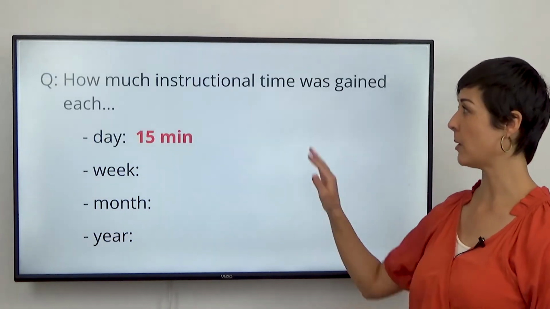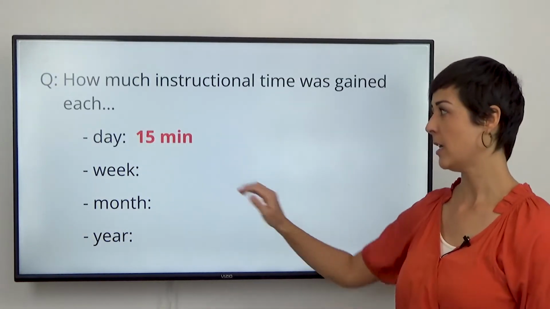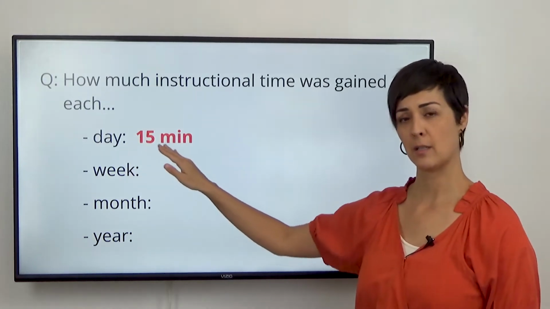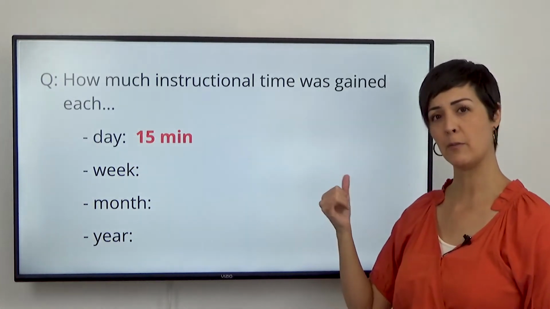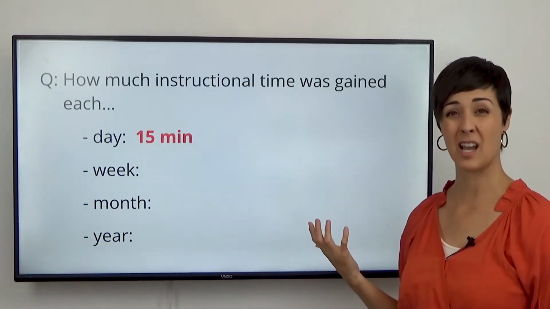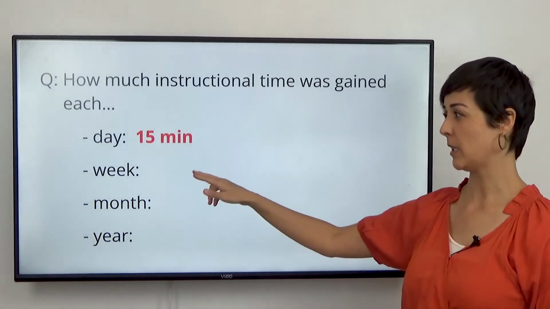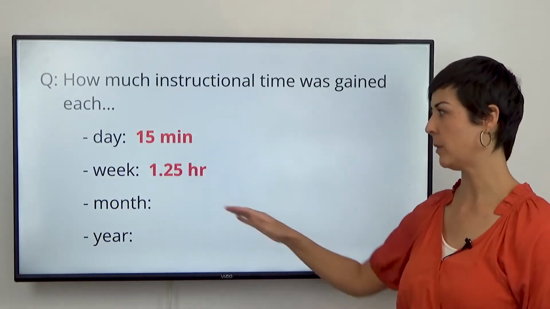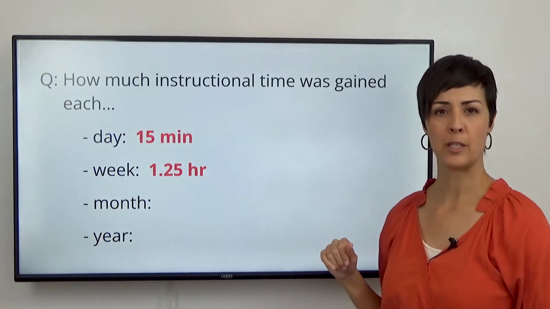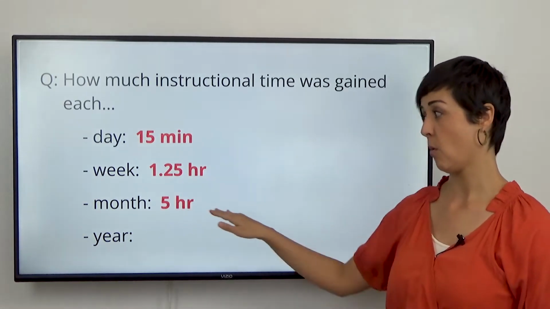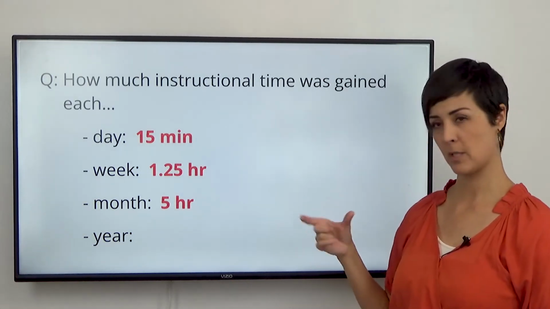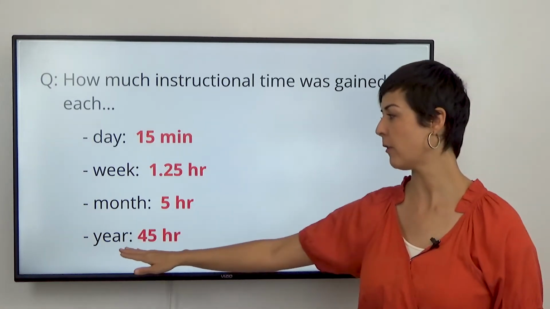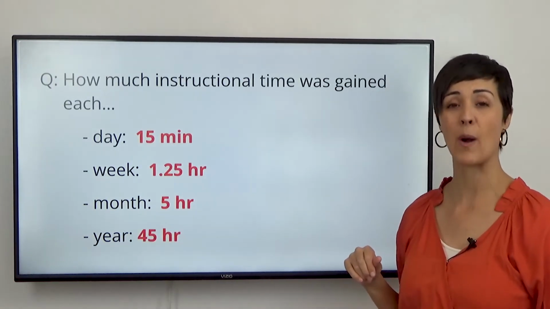I mean, if we look at how much instructional time is being saved each day from 2 minutes to 17, that's a 15-minute savings in time, right? So how many minutes is that per week or hours? It would be an hour and 15 minutes every week, or 5 hours a month, or times 9 months of school, 45 hours a year. Wow,